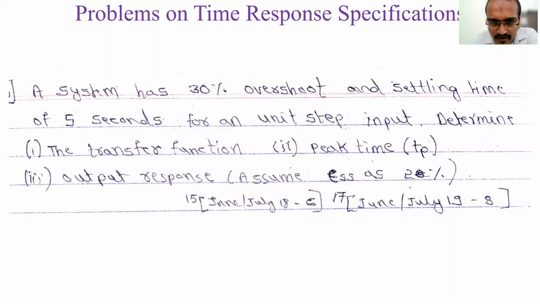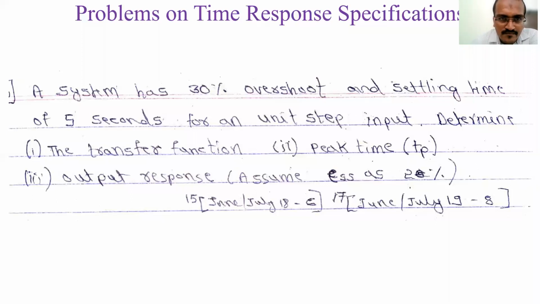Compared to the previous three problems, where it was a transfer function and from that you were finding zeta, omega n, now what is different is they have given the 30% overshoot. You know that overshoot completely depends on zeta. So that's why instead of giving the zeta value, they have now given overshoot, and also the settling time. So from this you can determine the zeta and omega n value, and using that in the standard transfer function you can find the transfer function. There is no system given here, so it is just reverse engineering. Then from the zeta and omega n that we have calculated, we can find peak time and the remaining things. So a little different one.